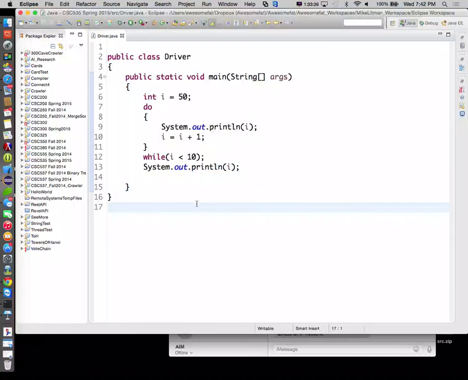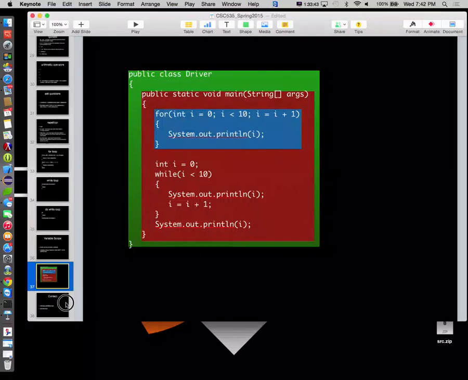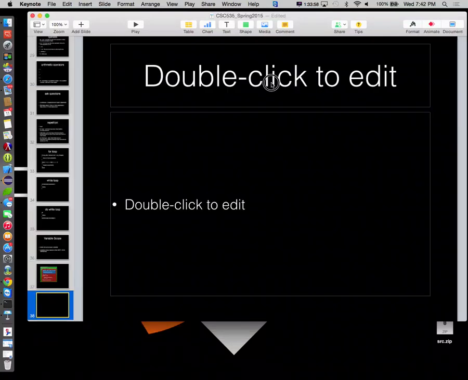Okay, so loops. All right, questions about any of the loops? For loops, while loops, do-while loops. Make pretty good sense? Okay, we'll be using a lot of for loops. Let me now show you